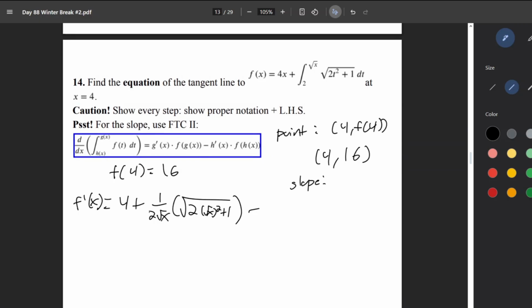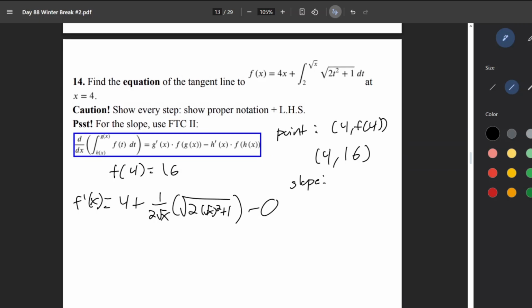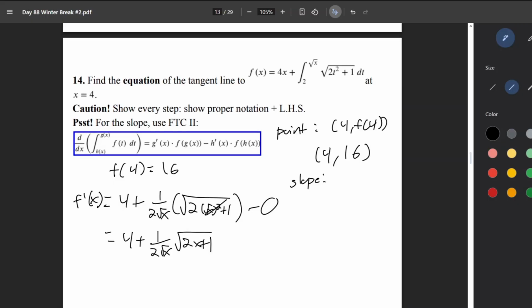Then minus 0. Let's just add minus 0 for funsies. Then equals 4 plus 1 over 2x. Well, we know square root and the square just cancel, so it would just be 2x plus 1. Now we find the slope at 4, so f dash of 4 equals 4